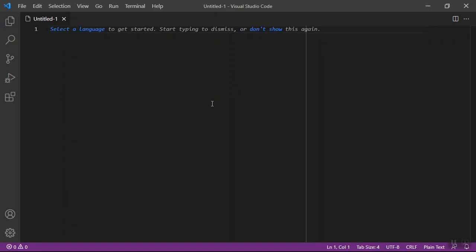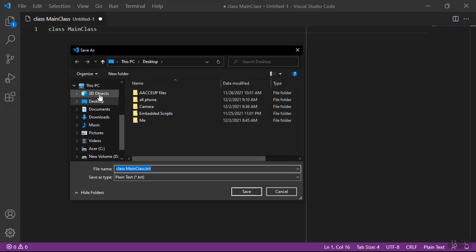Okay, so first let us have our main class. So class main class. Okay, so it could be anything. It could be based from your preferences or anything that is required for you to name it. So for me, since this is just an example, I'm just going to name our main class as main class. Okay, so let me save this first